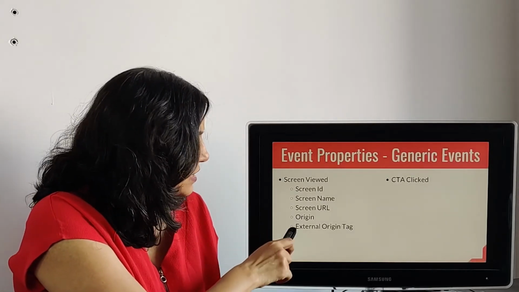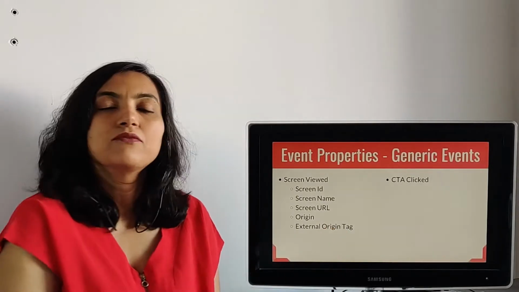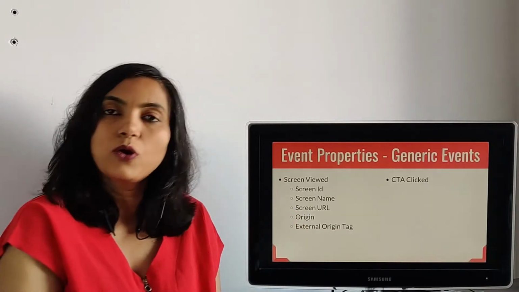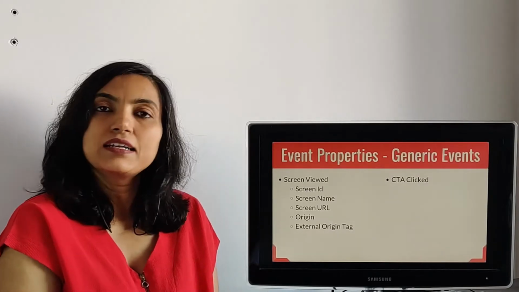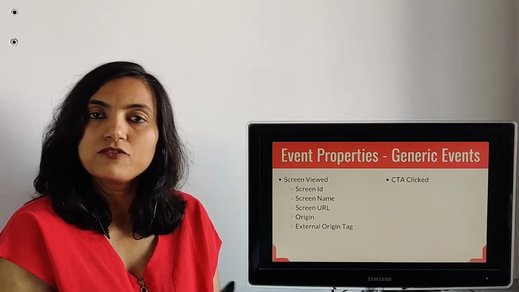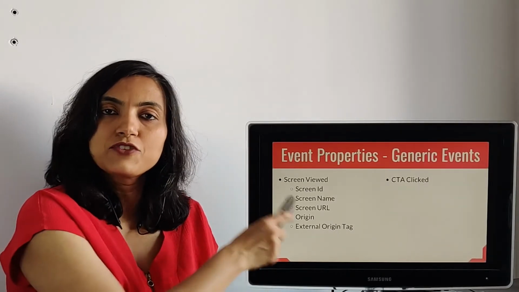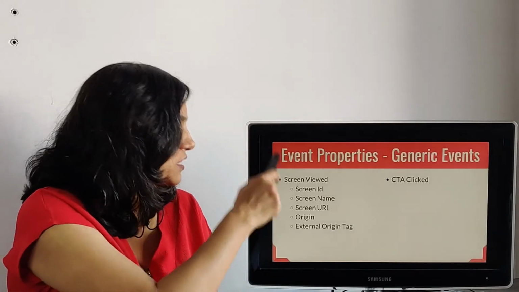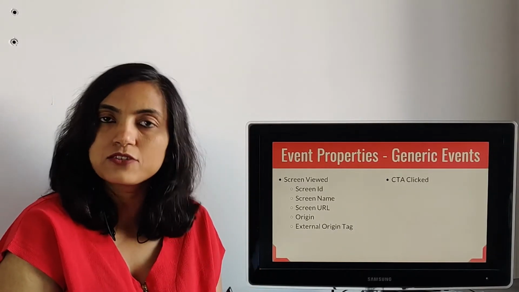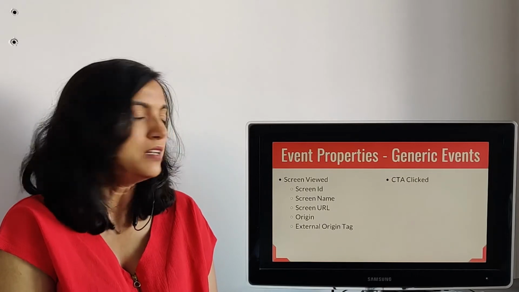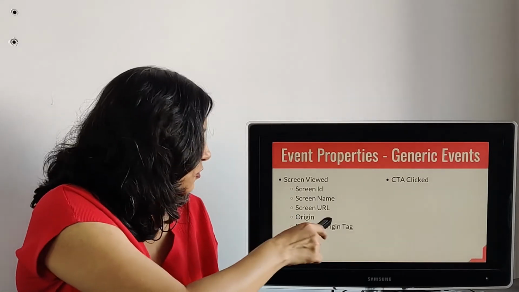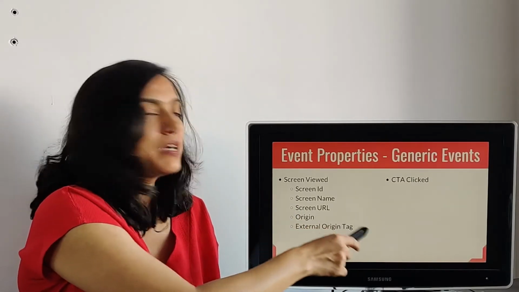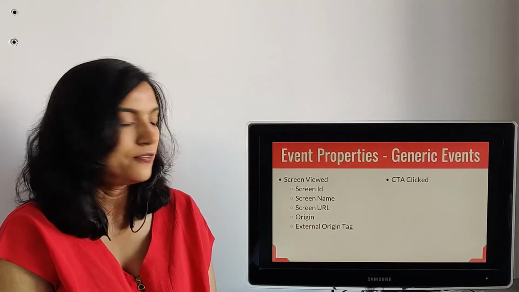One thing to understand here is that this property will be available only if the origin is external, which is fine. In Event Analytics tool, there are graceful ways of doing analytics even if certain properties are absent, and really all the properties in case of Event Analytics are optional. So you should set a property only when it is applicable. If your origin is internal, then this property will not be set, and that is fine.